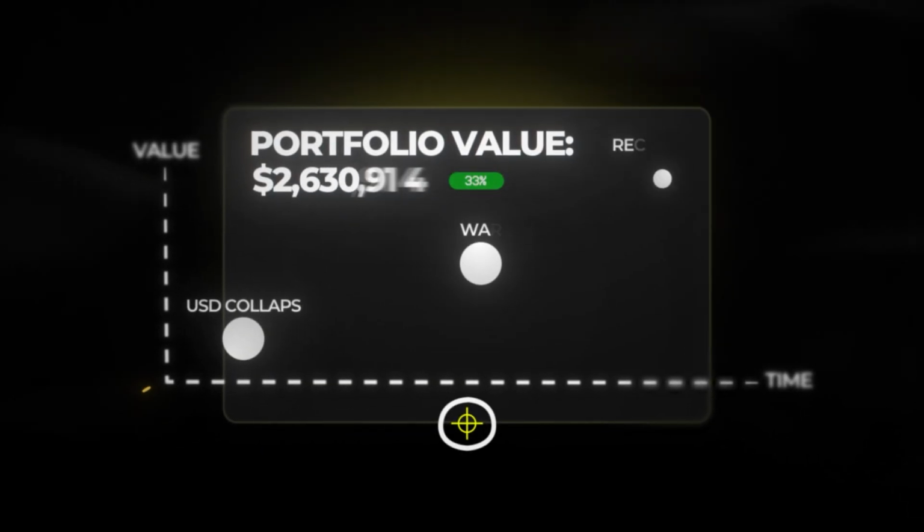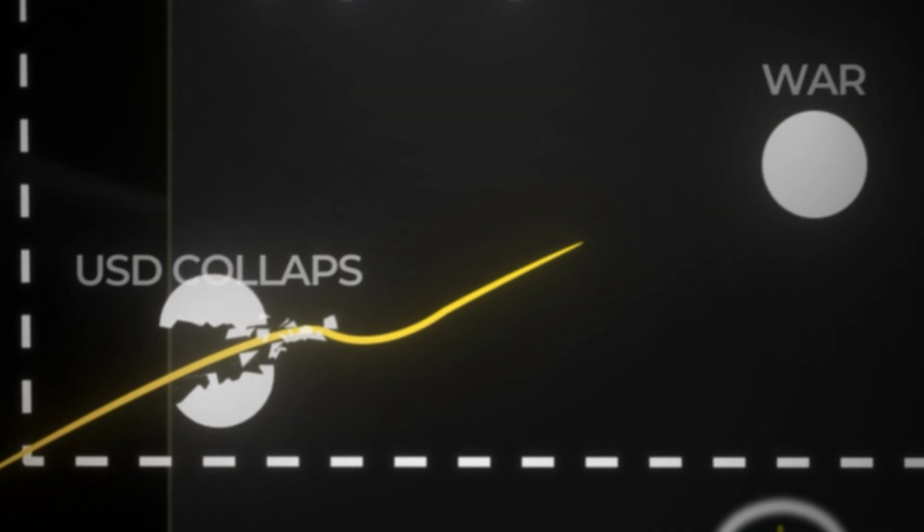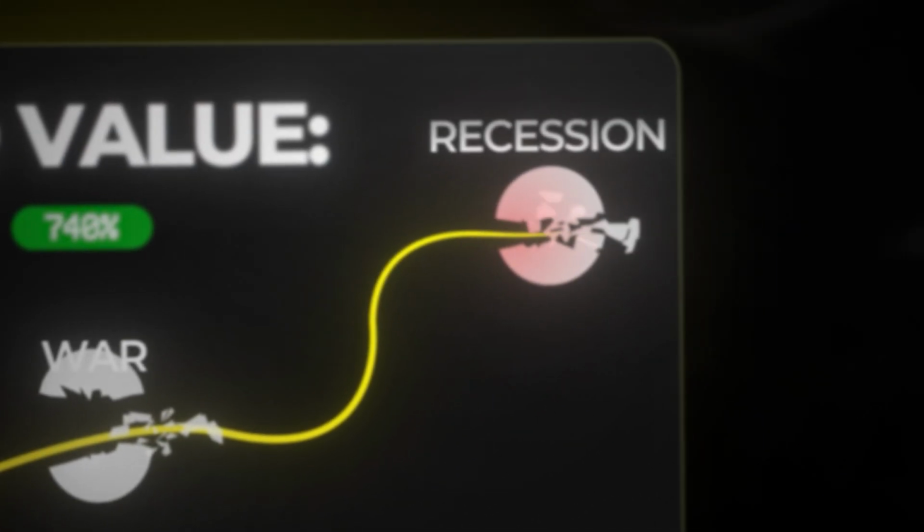It does not matter if the US dollar collapses. It doesn't matter if there's a war. It doesn't matter if there's a recession. It doesn't